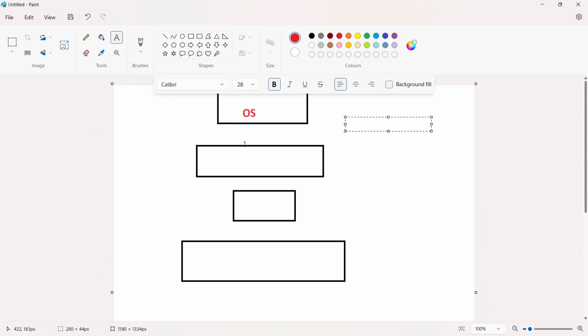This might be Windows, this might be iOS, this might be Linux, right? Inside this operating system, there are servers. Inside these servers, I have databases, and multiple databases might be there. Inside each database, I have multiple